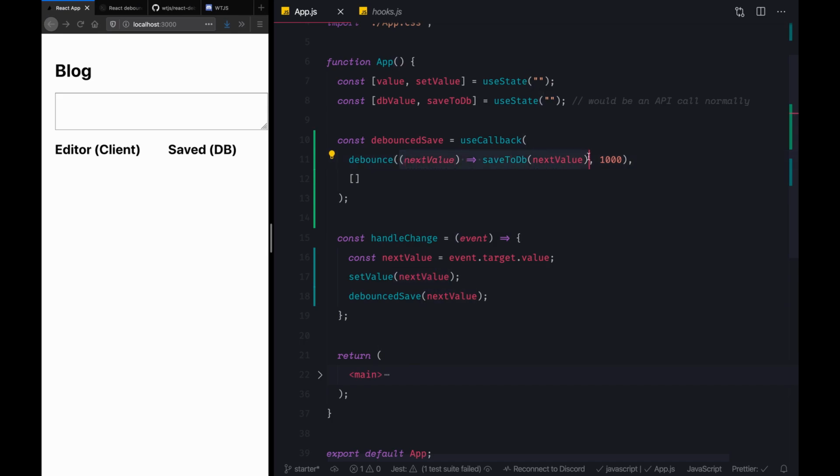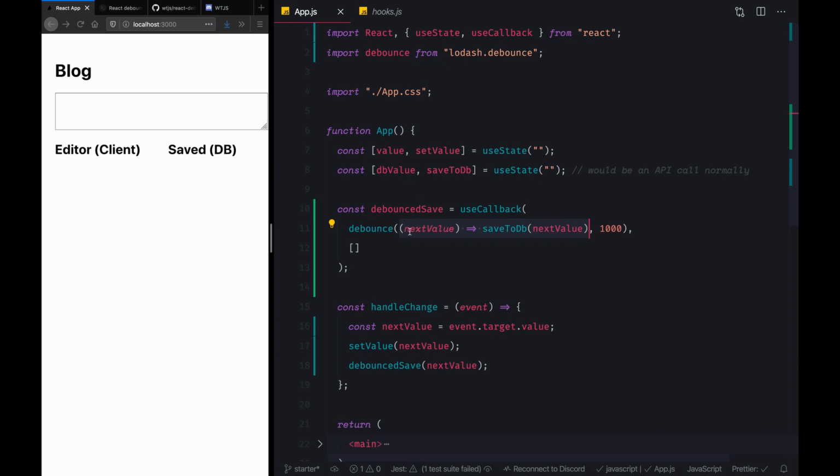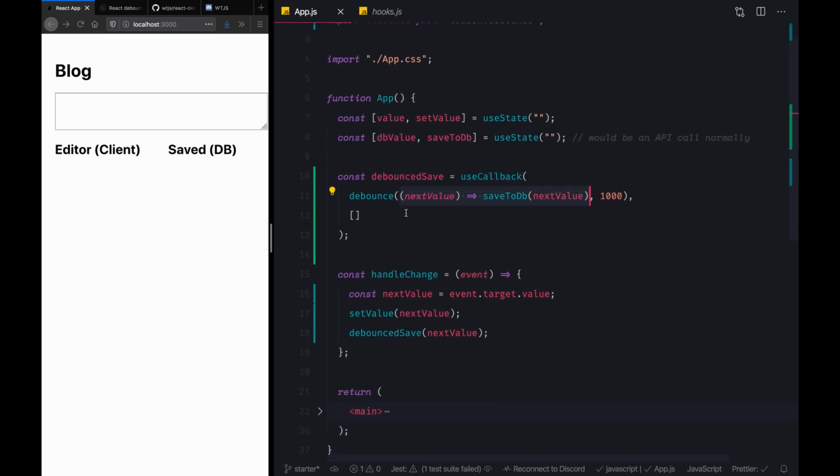So this function that was passed to the debounce from Lodash, it would remain the same. It would actually refer to the same function that was passed to it as the first value, and that is how we are able to make sure that this function remains consistent across renders. Now let's take a look at another alternative.